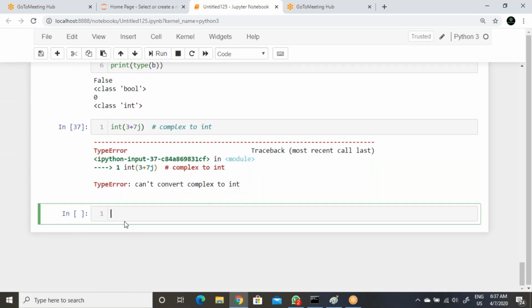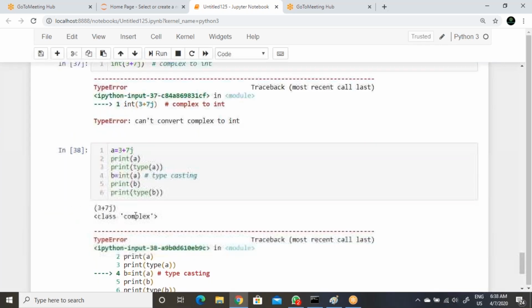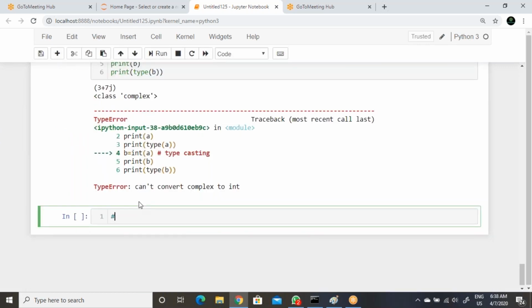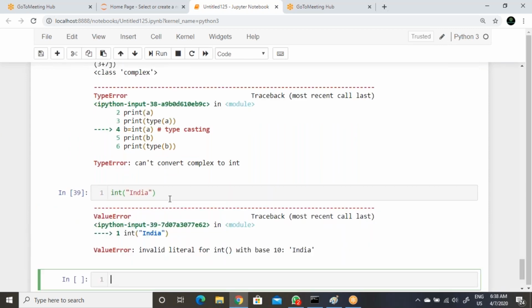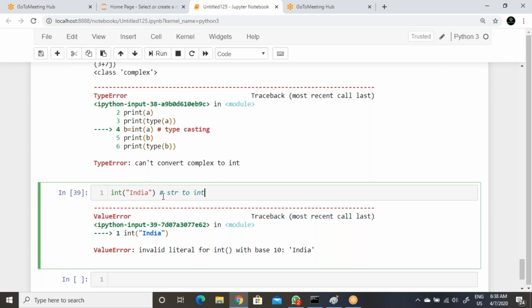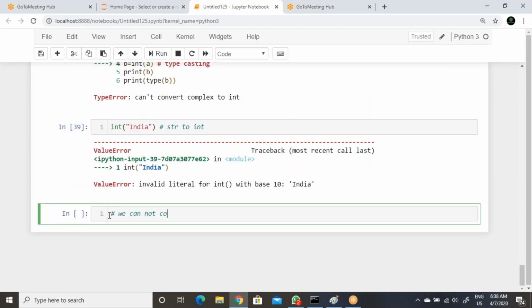So in two cases, integer conversion is not possible. One is we cannot convert from complex to integer, and the same thing, we cannot convert from string to integer. So this is integer conversion.